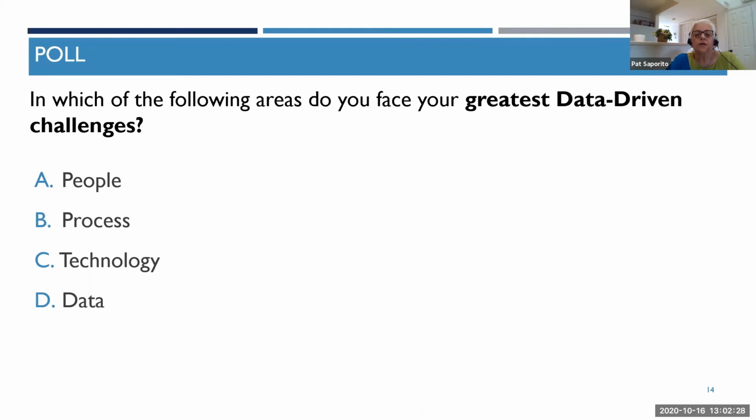Okay, so number one is people, as suspected. In the process, not surprisingly to me. I frankly would have expected data to be number three instead of the technology. So that's kind of interesting. And maybe people can, in the chat, once you listen to the presentation, add your comments in the chat. We can come back and look at it at the end as well. So not just your questions, but some of your comments you can include in the chat, okay?